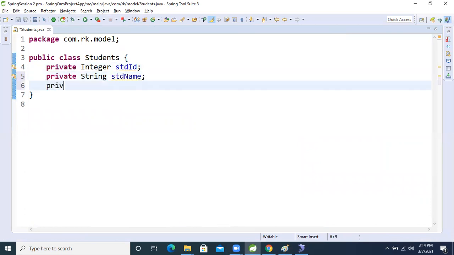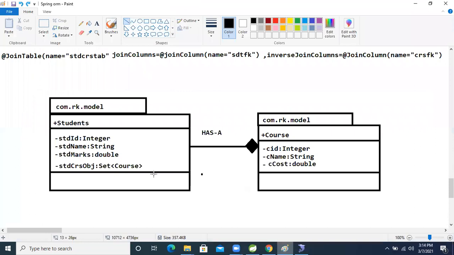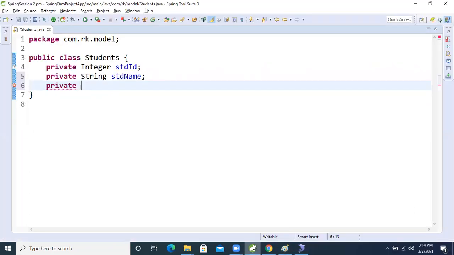Now private Double, student marks, stdMarks.